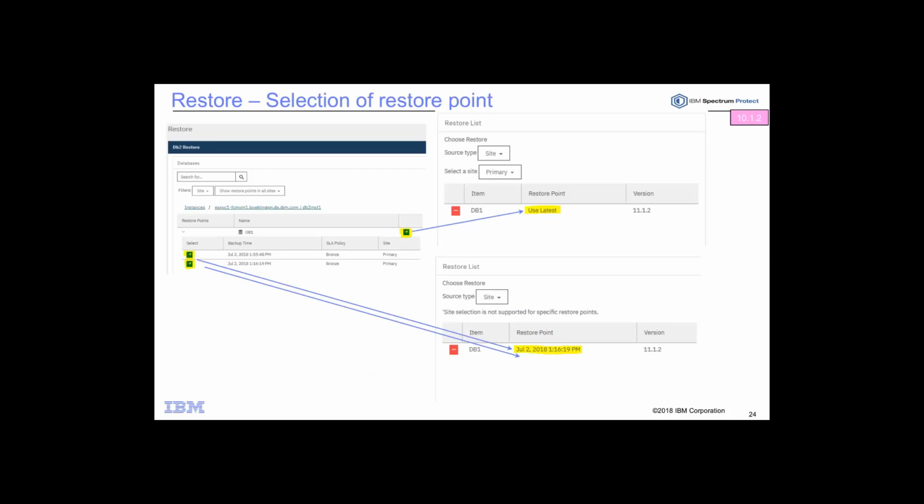Again, standard Spectrum Protect Plus screens, no different here. We're just picking the backup and expanding it. This little pointer takes the latest backup, and you can also expand out the list of backups and pick a particular backup to restore. Again, just standard